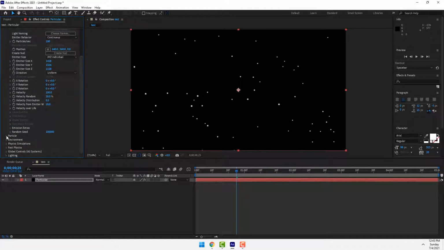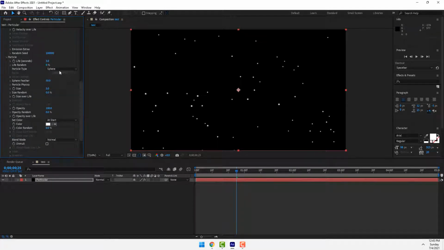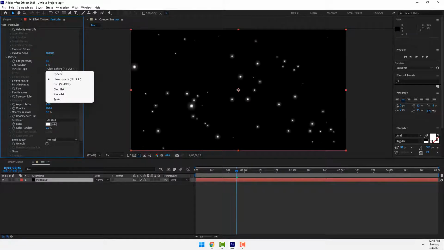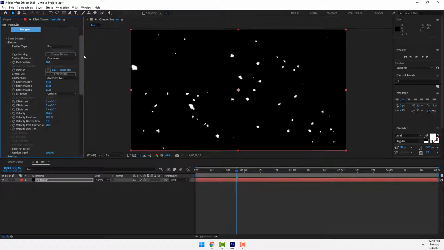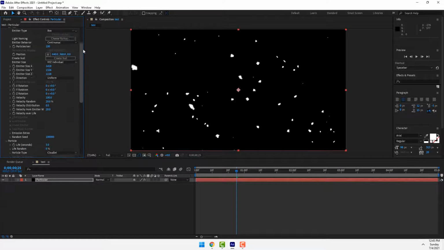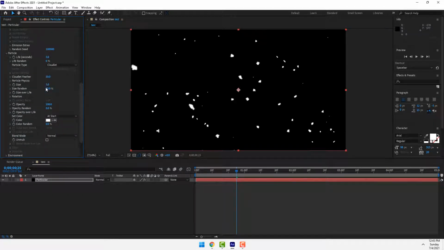And there are the particle parameters. This is just for creating your particle. In glow sphere you can change the size, random size, or you can select cloudlet for making a snowfall. If you want to make a snowfall, then turn the size down to 2,